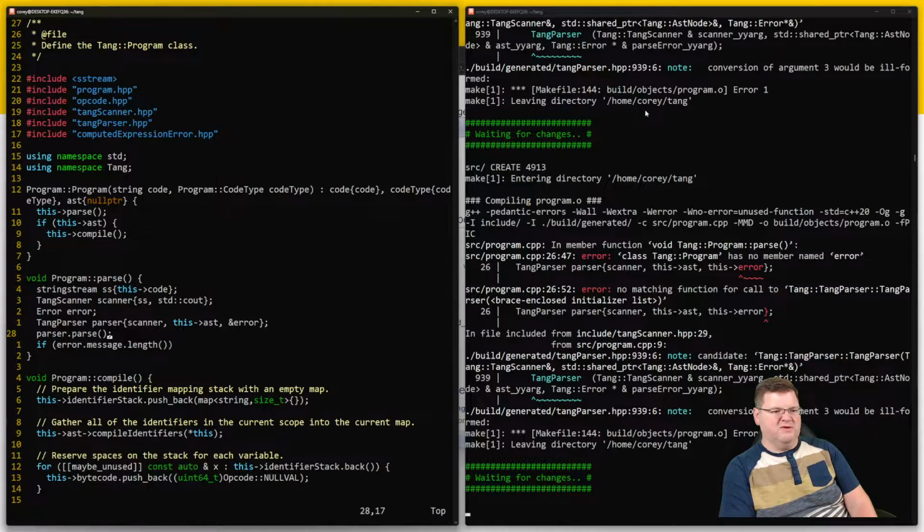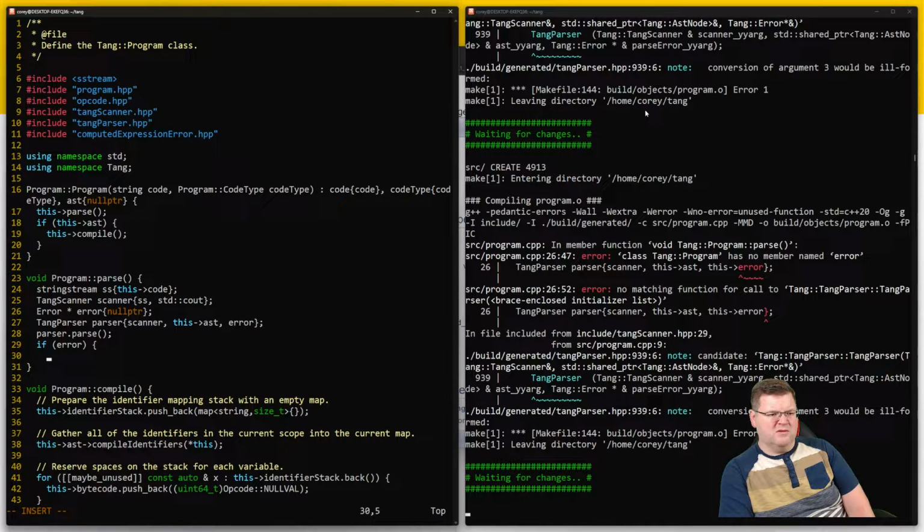I think I'm doing this wrong. I think this needs to be an error pointer called error, and I pass in error, and this is going to be a null pointer. And if error, result is equal to